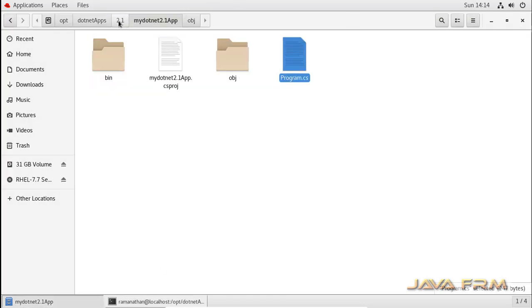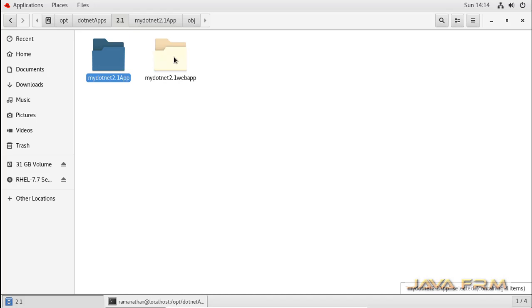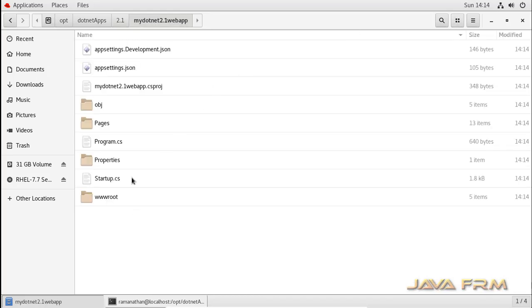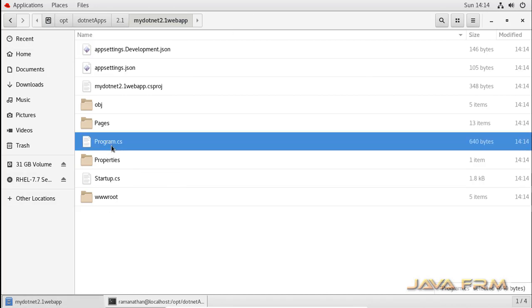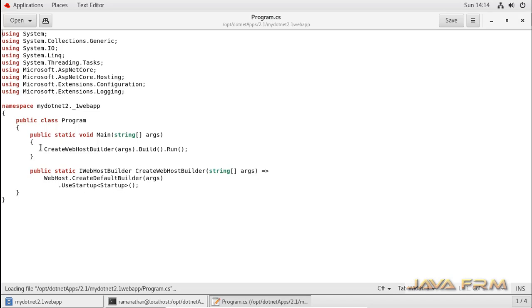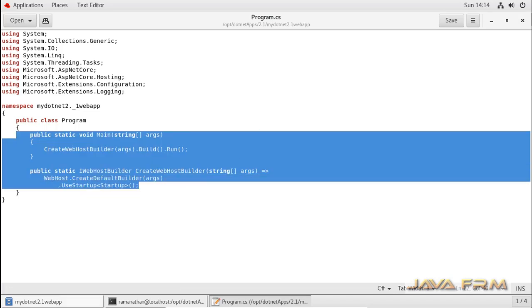The ASP.NET Core 2.1 web application got created. This is the directory structure of the web application. You can modify the content of this web application as per your needs.